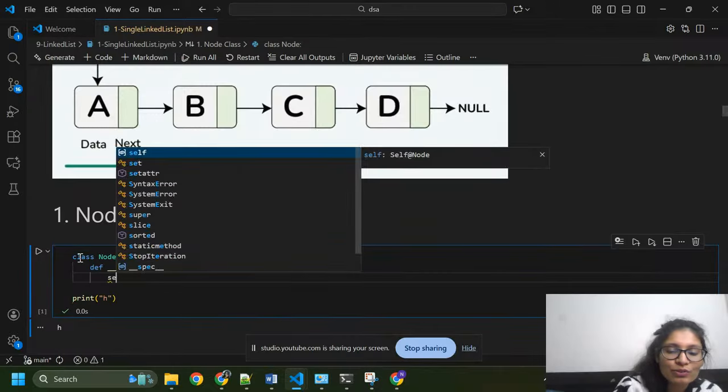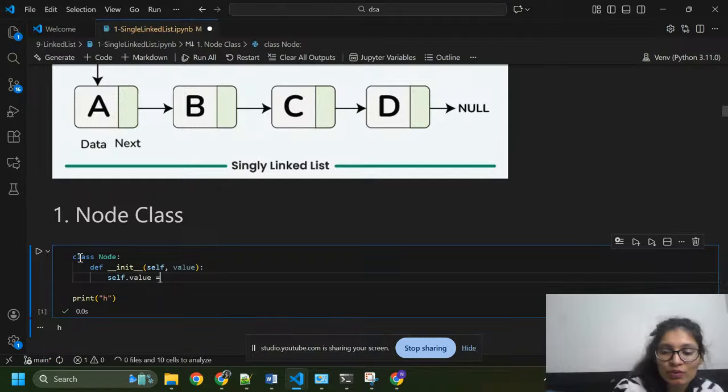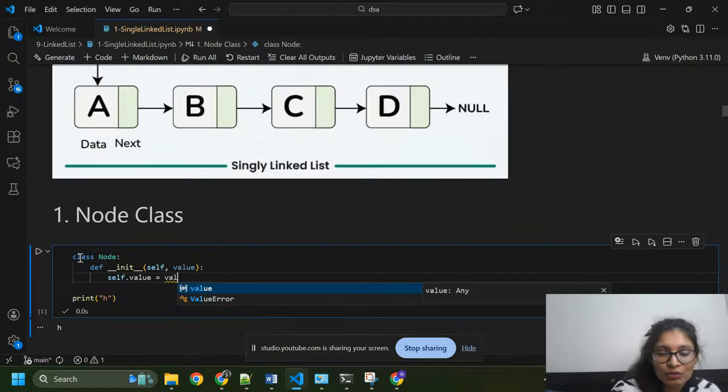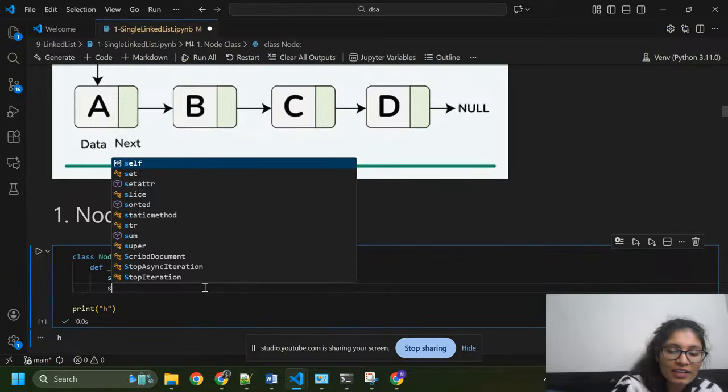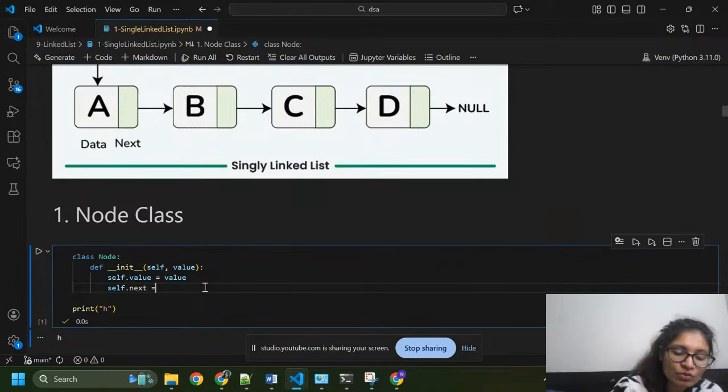Here I'm going to define the variable self.value so that we can store the value: self.value equals value. Okay guys, self.next equals None.